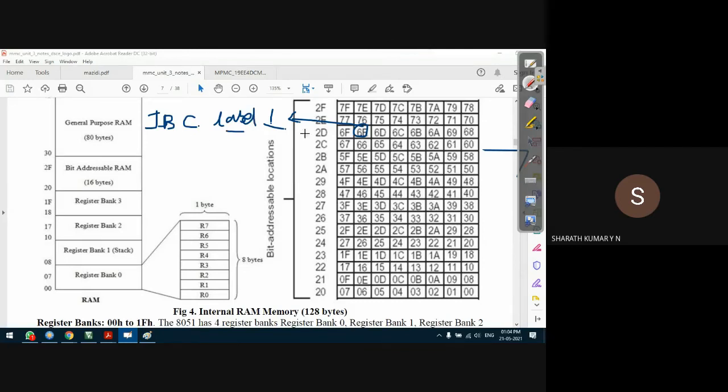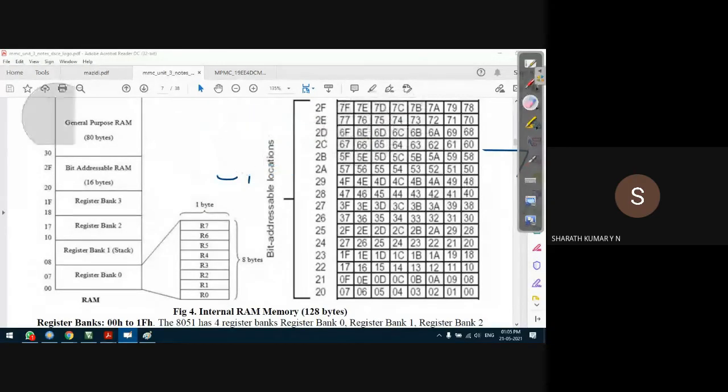But before we take a jump to this label, we have to reset this bit to 0. That's the meaning of JBC: jump if bit is set to 1, but before taking the jump, clear the bit to 0. C is for clear, not for carry. Most of the time we get confused. C is for carry in JC, but in the JBC instruction it is not the carry bit, it is the clear bit.